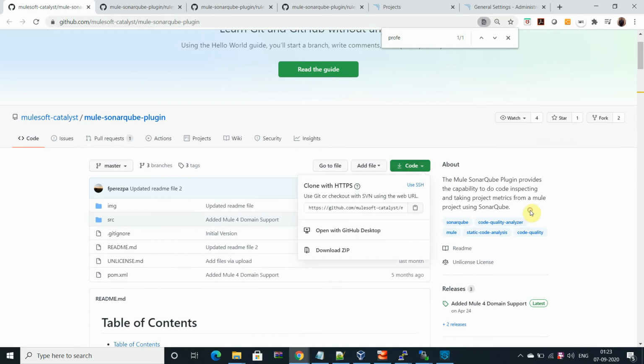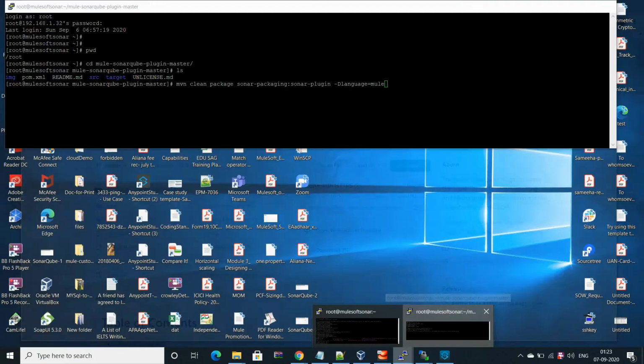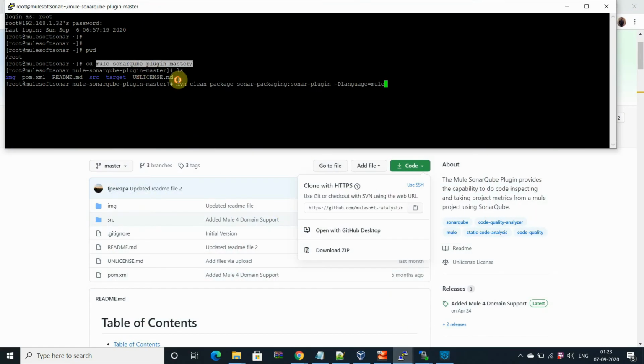I have downloaded this binary in my local environment, and it is here. Then I need to create a project that I can include in my SonarQube instance as a plugin. Once you install it, you have to go to the location.